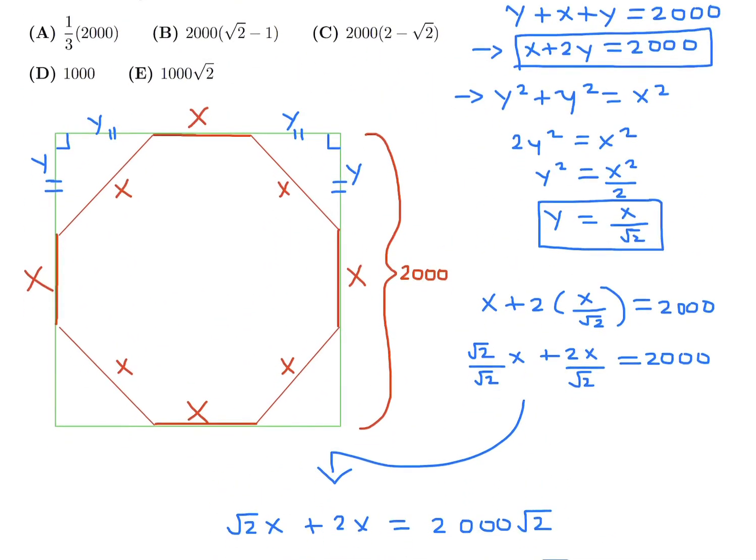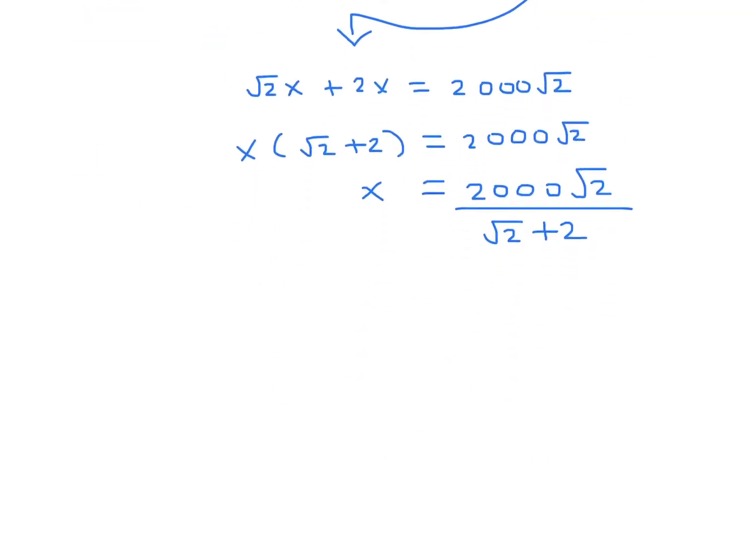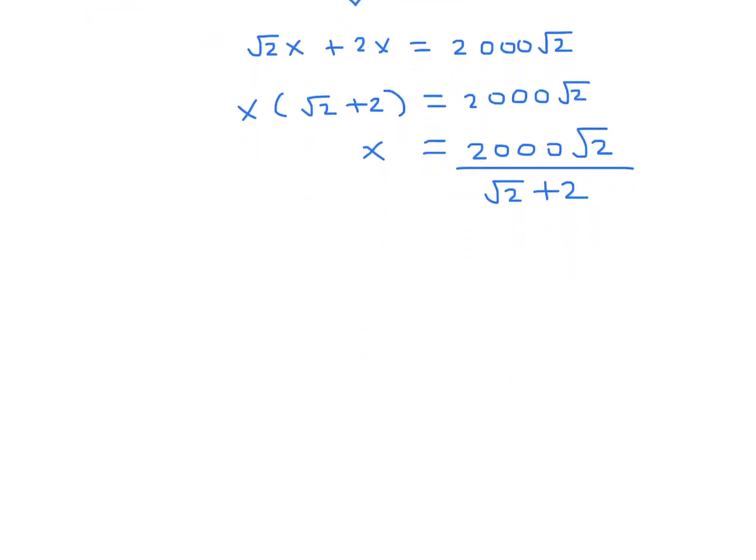And that's not one of the answer choices, so most likely what they were doing is they're rationalizing the denominator. So you guys know how to rationalize the denominator, right? Multiply top and bottom by the conjugate. All right, so I will multiply top and bottom by the conjugate, and let's see what I get. I get 2,000 times